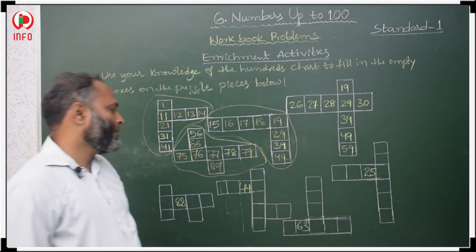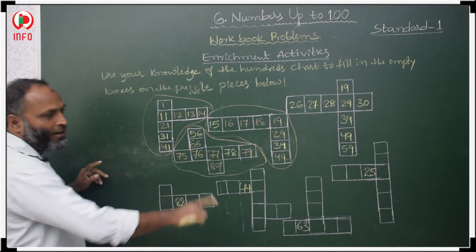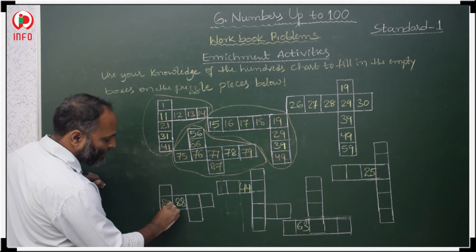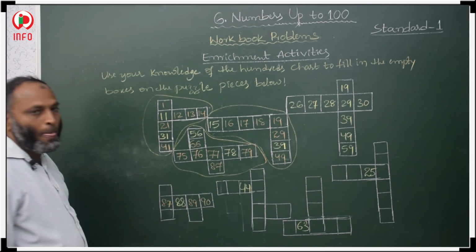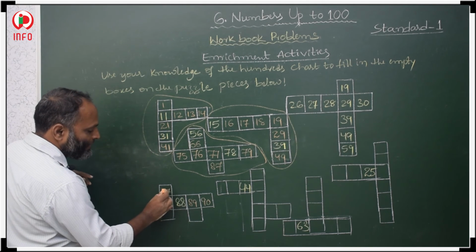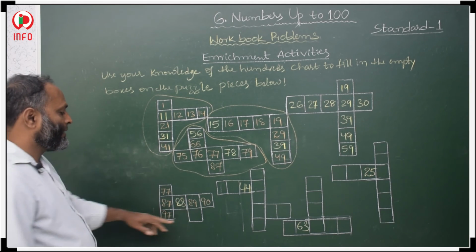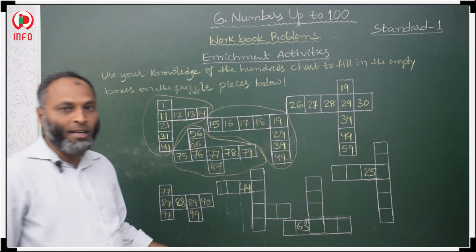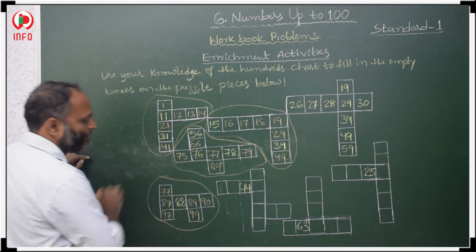Now the fourth, 88. This is horizontal, so we have to write serial numbers. The number before 88 is 87: 87, 88, 89 and 90. This is vertical. Before 87 is 77: 77, 87 and 97. Then 89, 99 here. We skip 10, 10 in vertical; in horizontal we write serial numbers. The fourth part is over.